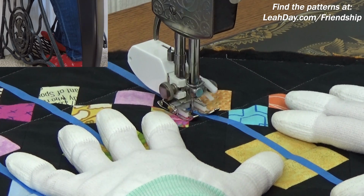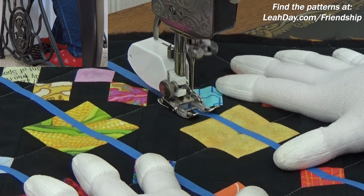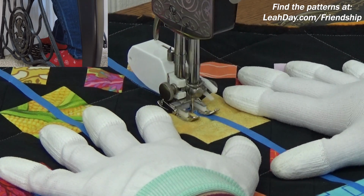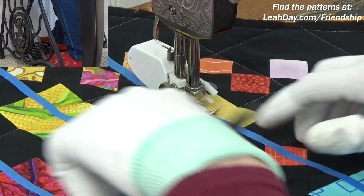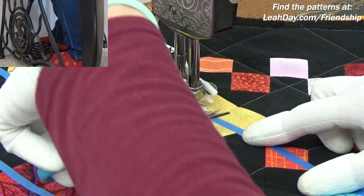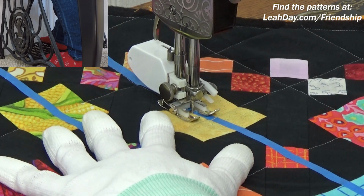So I've taped my opposite lines and started quilting. And the biggest thing with this is just to watch out for where your lines cross. So I'm coming up on a spot right here, and I've got, well, really two things that I gotta pay attention to. Number one, my tape is actually kind of pulling up on this ever so slightly, and it's creating a little bit of a pucker. So I'm gonna grab my scissors and just snip that, and you can see it's not a lot of space,